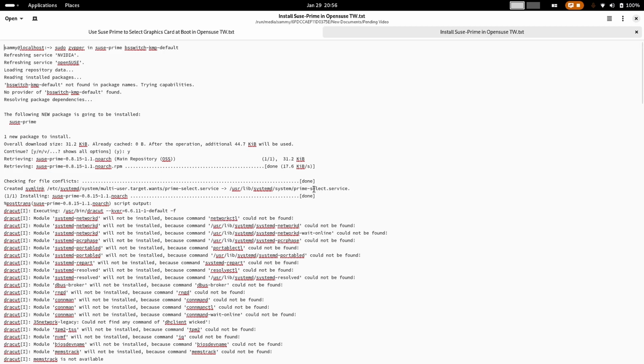In the next video we will see how to use prime-select to select the default graphics card for the next boot. So in this video you only have to see how to install Suse Prime. We have installed Suse Prime, the symlink was created, and the prime-select service is now activated. It will start whenever you do the next boot, so it will be available, and then you can use that prime-select to select the graphics card